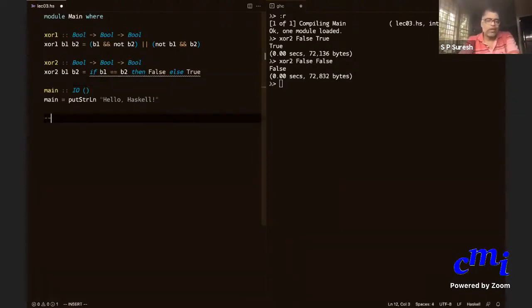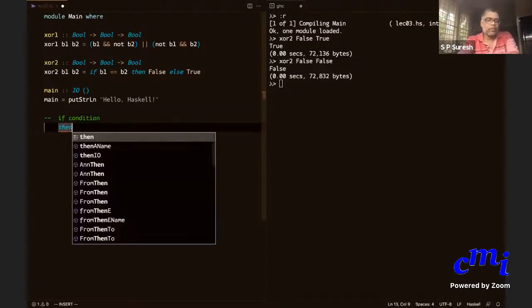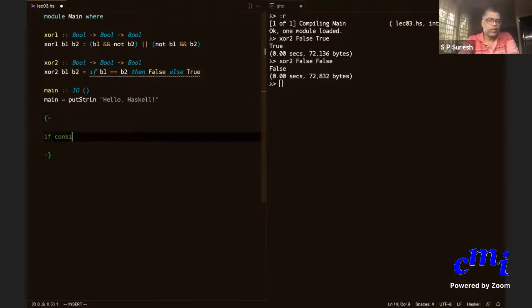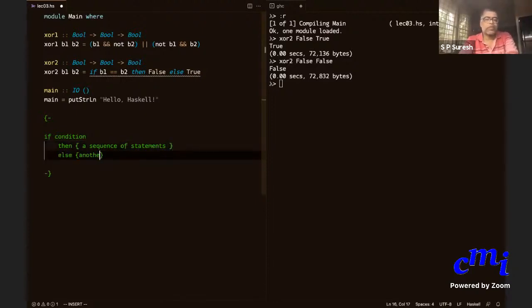You will usually say if condition, then a sequence of statements, else another sequence of statements.